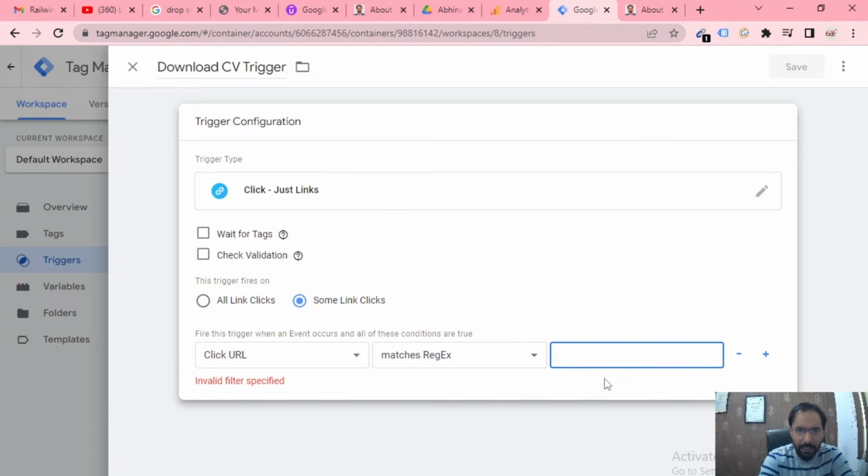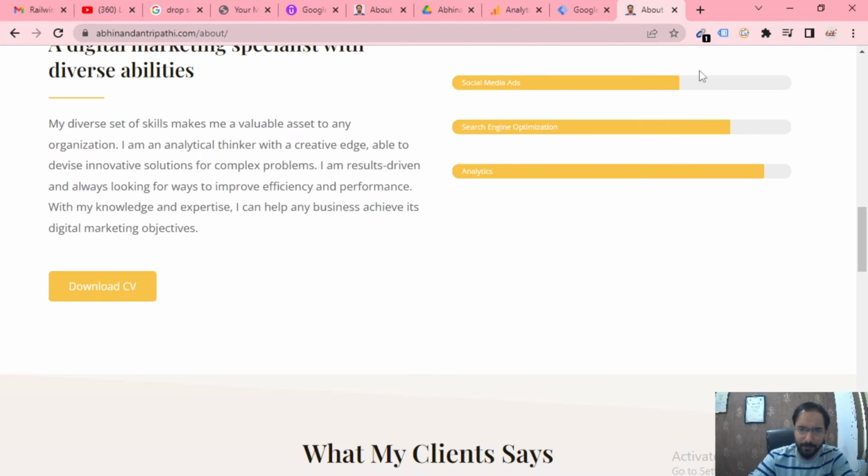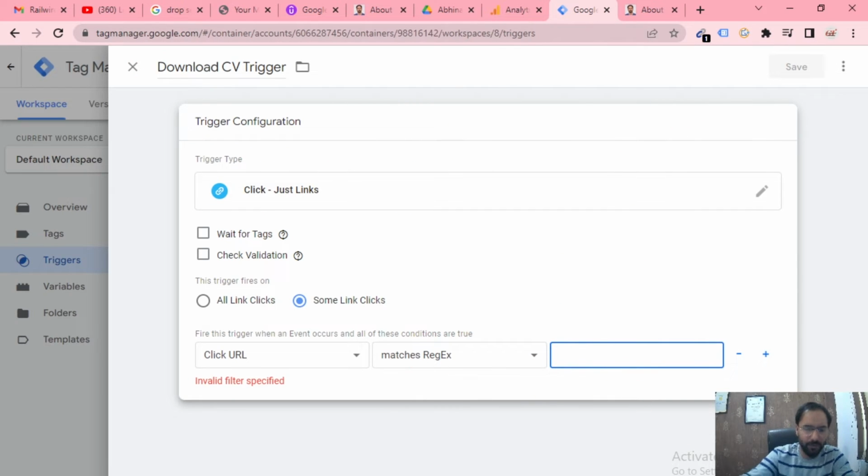If you go to my website and put your cursor over the CV, at the bottom you can see the file type is PDF, in pink background with black text. So here in Tag Manager you just have to write PDF,